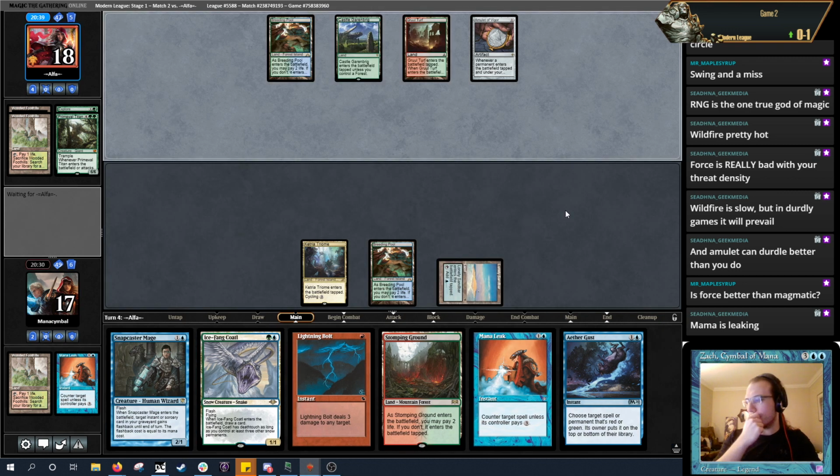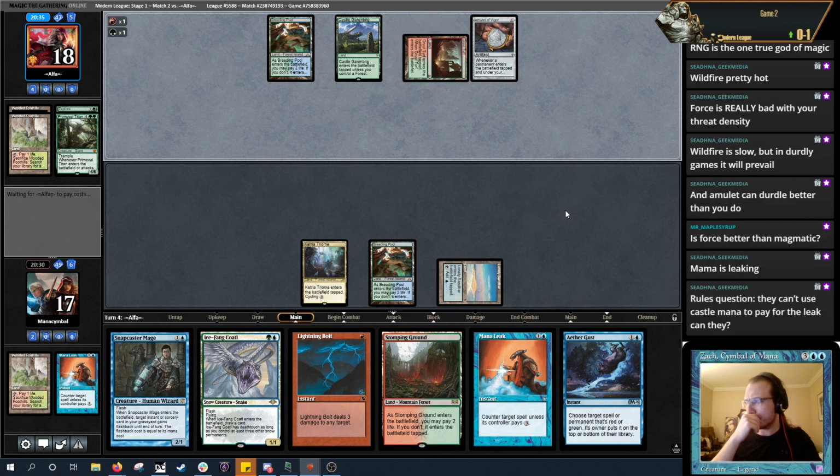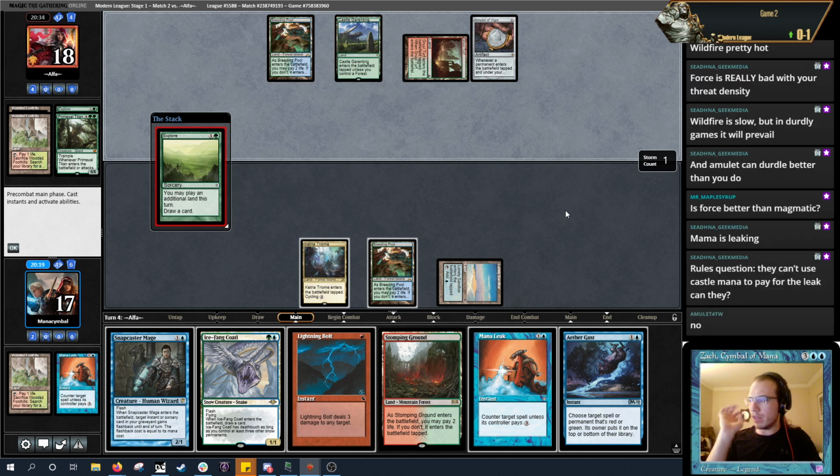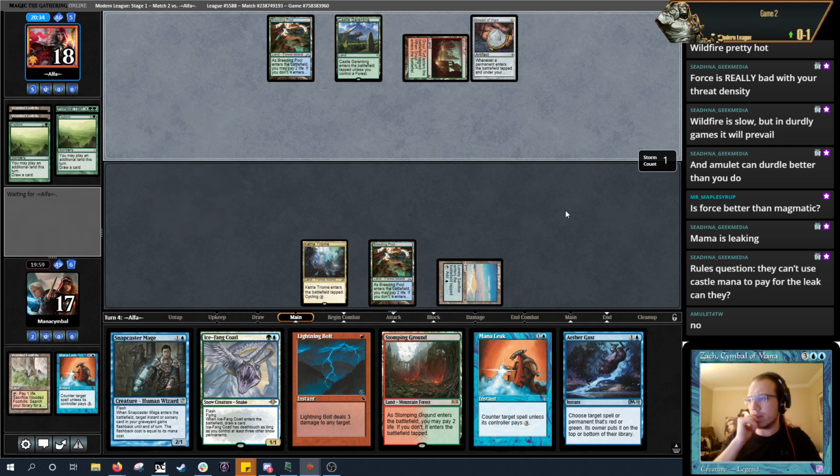So I'm setting up a third blue in case I draw one of my Cryptics next turn. Could Mana Leak that. If they have a Karoo land, you say no? Oh, they can't use Cast Mana to pay for the Mana Leak. No, correct. Do I leak that? I know they have a Forest in their hand. So I guess if they have a Dryad, they could resolve it. Yeah. Worst case scenario, I just get to deploy Ice-Fang, so